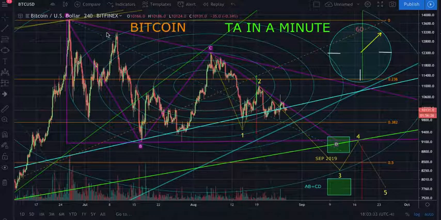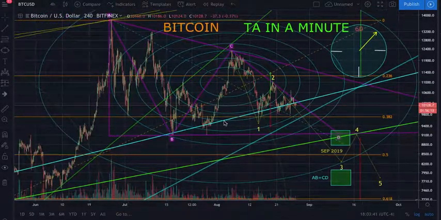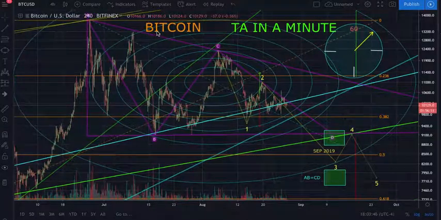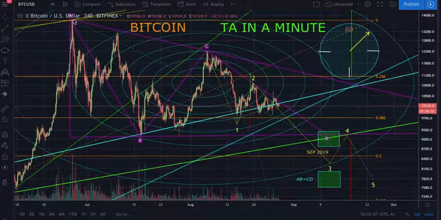Alright guys, there's a lot of stuff going around the internet right now where everybody is convinced that we're actually in a symmetrical triangle, and to tell you the truth, I can understand where that idea is coming from, but I have a contrary idea. I don't believe that that is correct. I think what's happening right now is we are filling out a descending triangle, okay?